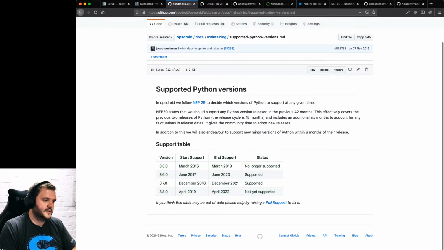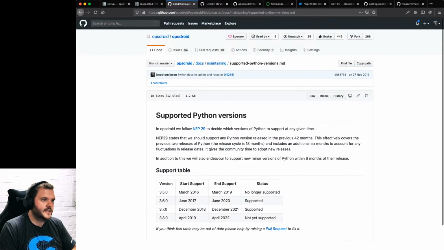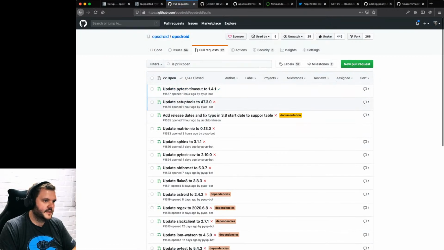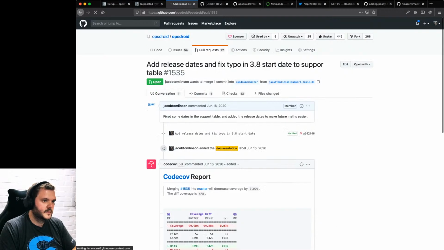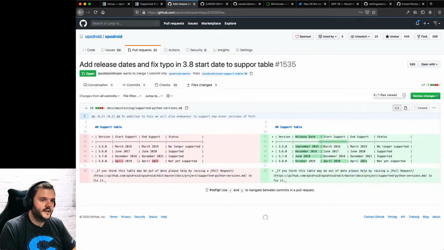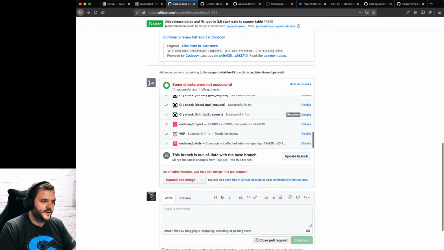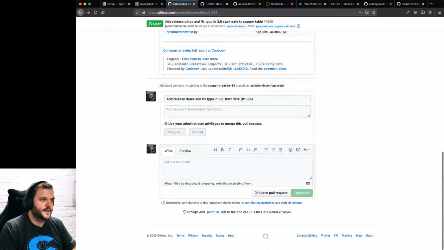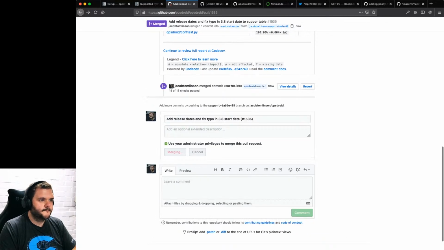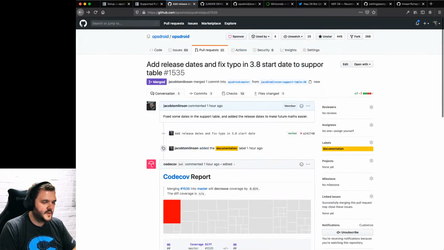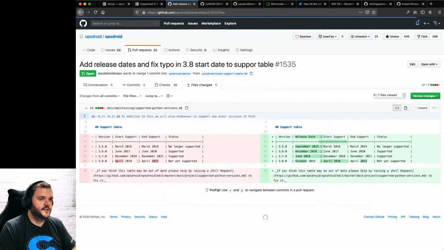These are the versions of Python. Oh, I did a pull request, didn't I? Which I think failed, but I think it failed for spurious reasons. It did. It failed for reduced coverage. I think that's not my fault, so I'm going to squash and merge that. Bit naughty. Right. Because it doesn't actually reduce the coverage. That was something else. I think it's because I hadn't pulled master.